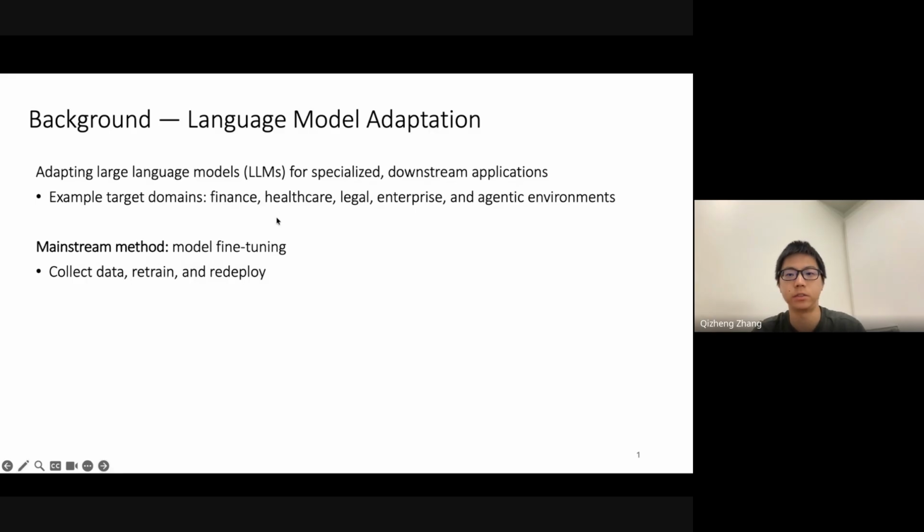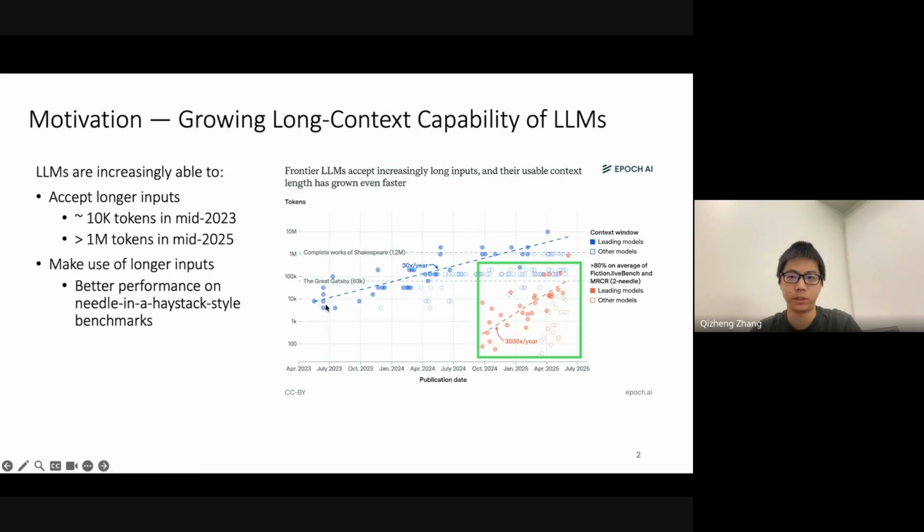The standard answer for making a model better has always been fine-tuning: collecting data, retraining the model, and redeploying the new model. But by 2025, something interesting has happened. We see that models are having much larger context windows, and inference got fast thanks to advances in hardware and in software systems. So we asked, if all the improvements lived in a context, such as instructions, knowledge, experience we see on the way, can we feed these into the model instead of into the weights?